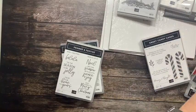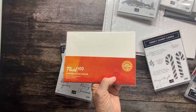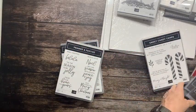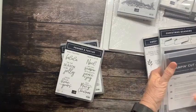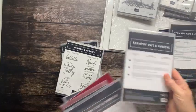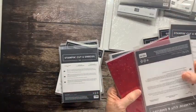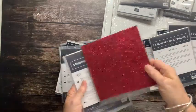That's for Christmas. Oh, I also got a pack of the Fluid 100 watercolor paper because I was getting low of that as well. So there's lots. This was a big order, just saying. Christmas banner. Okay, that's that one. Candy Canes is my Christmas one. This is the